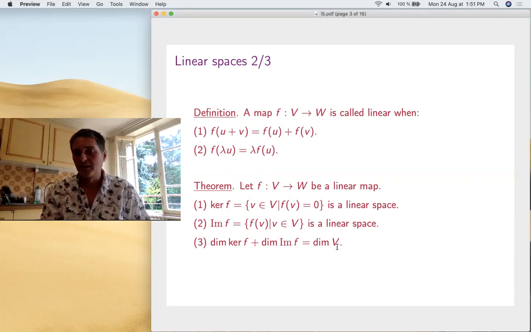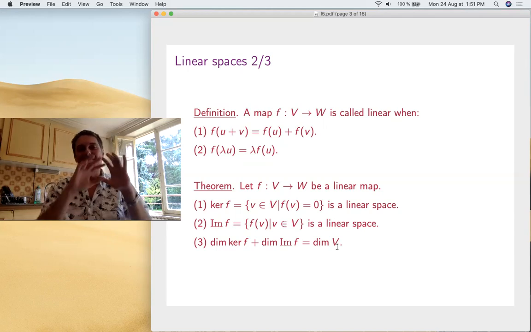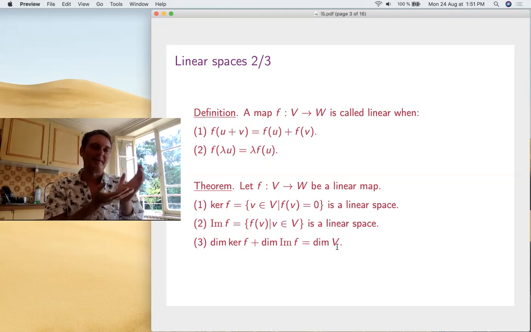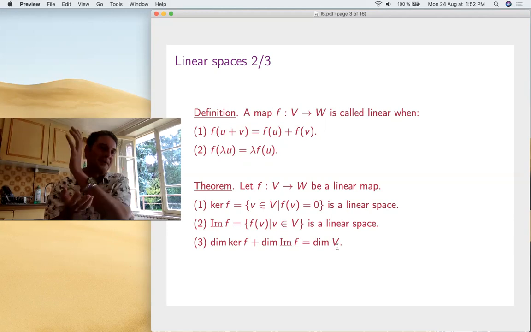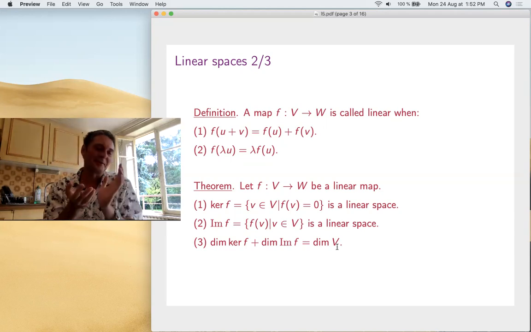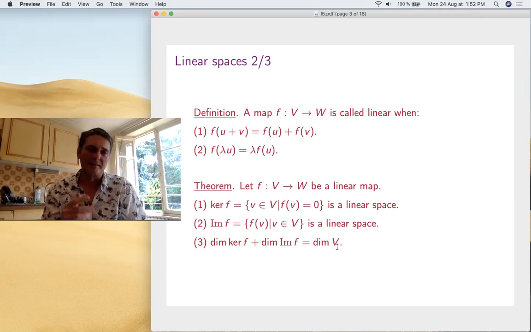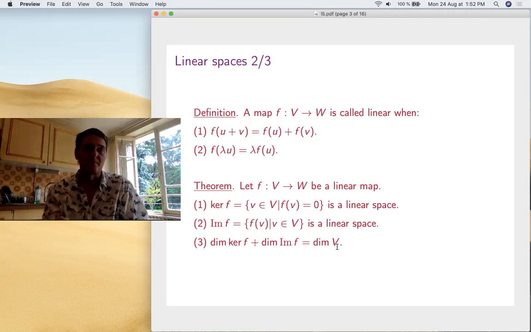Now, in the finite dimensional case, well, the idea is this: you have your space here, V, right? And you have the kernel, which goes to 0, and the rest goes to the image in a bijective way. So you have a kind of decomposition here, the kernel. And this is not exactly the image, it's somehow the pre-image. And well, if you have this kind of decomposition, I mean, dimension of this plus dimension of this is the dimension of everything. Well, in practice, it's a bit technical. You have to take a basis in the kernel and complete the basis in V if you count. That's the correct count. I mean, it's just obvious from this picture.